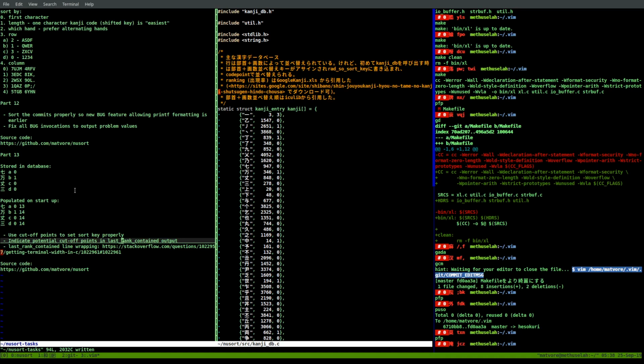Hello. This time I would like to work on cutoff points in the kanji database. Cutoff points indicate that the previous kanji has a different sort key from the next kanji. The sort key refers to the radical and residual stroke count, and